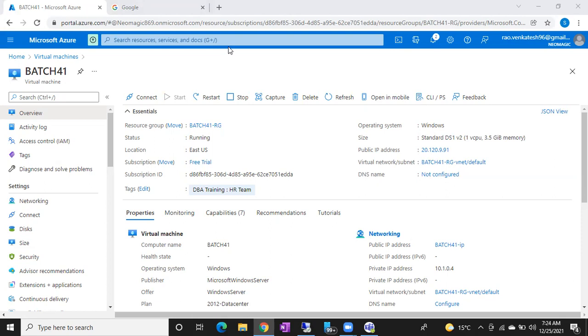So have you faced any challenges? What do you think, is Azure VM easy or is on-prem VM easy? Which one is easy? Azure or Oracle VM? Which one is easy, guys? Both are difficult, both are easy. Both are the same, but for performance issues, Azure is much better.